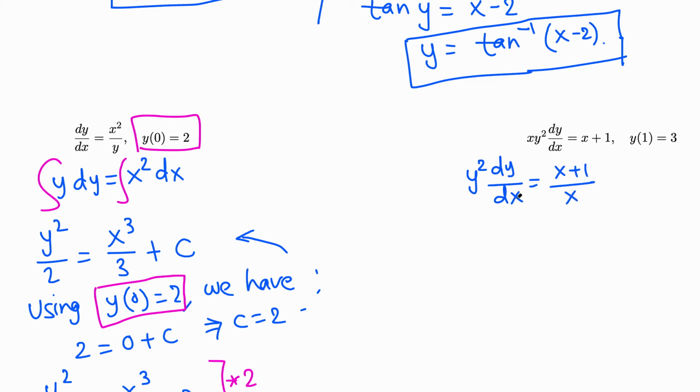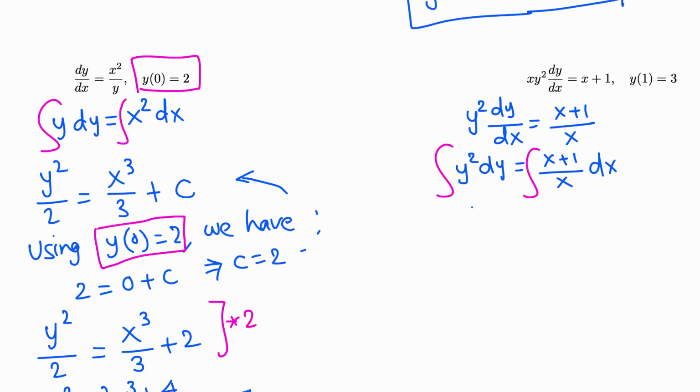Then now we need to move dx to the other side. So writing this in terms of differentials, y squared dy is this junk dx, x plus 1 over x dx. Now we separated the variables, function of y dy, function of x dx. Now we integrate both sides. So on the left it's easy. The antiderivative of y squared is just y cubed over 3